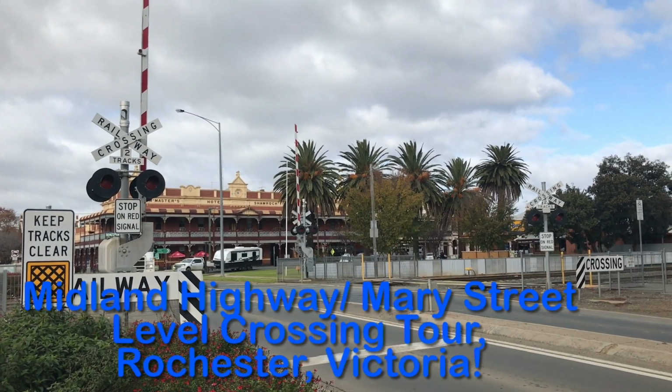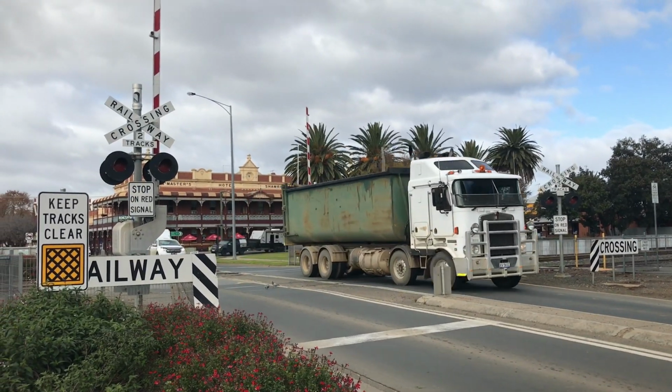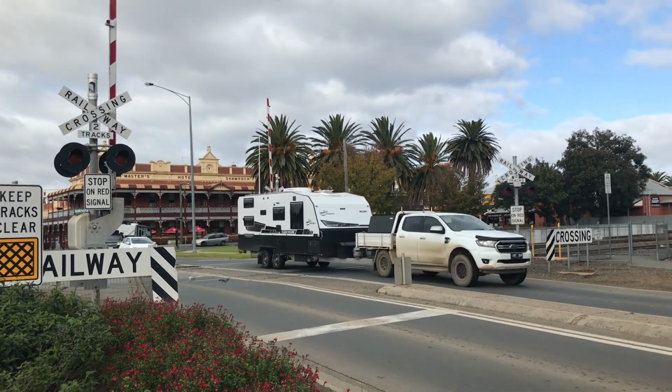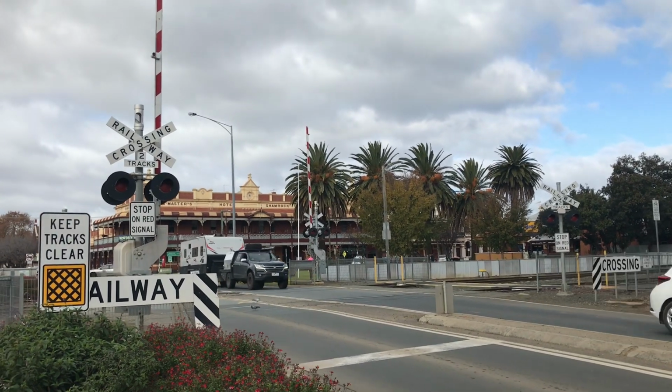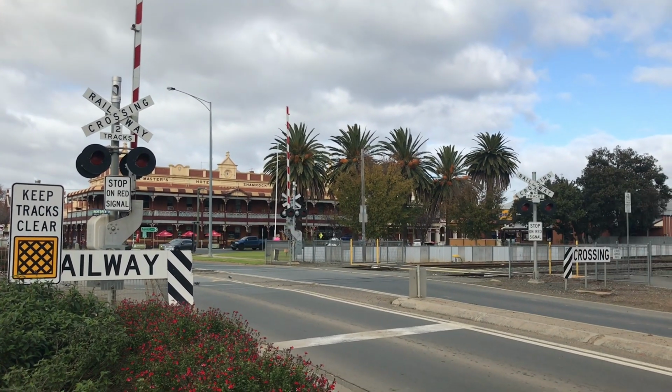Hey guys, I'm at the Midland Highway level crossing in Rochester, Victoria. This is a 2-gate 3-signal level crossing on the Echuca Line that sees the Deniliquin Freight and the V-Line services to Echuca. Today there aren't any services running, they're all being replaced by coaches due to works down in the